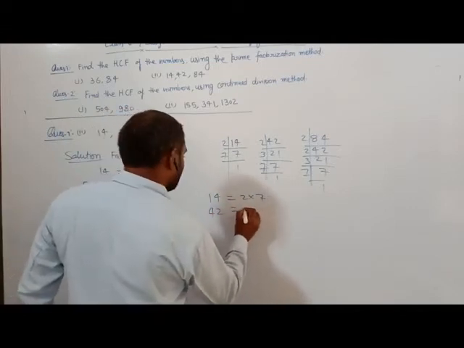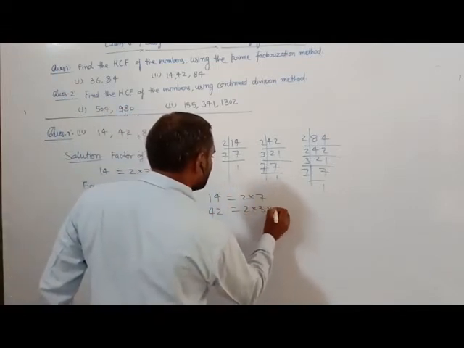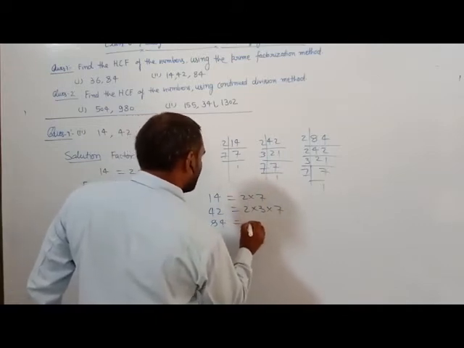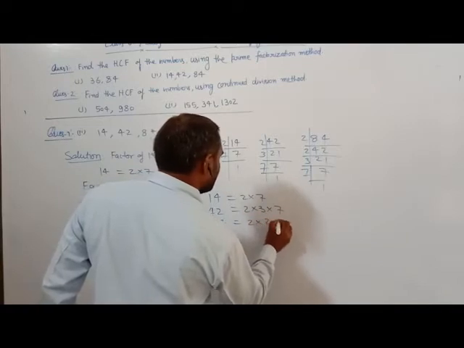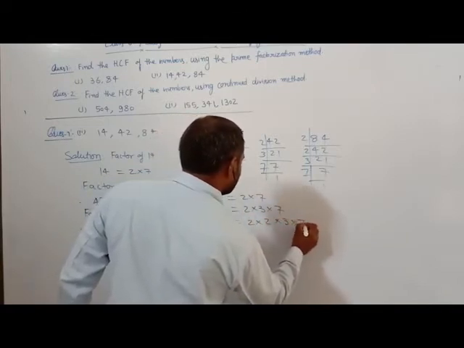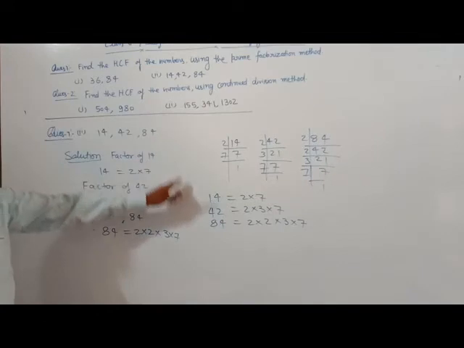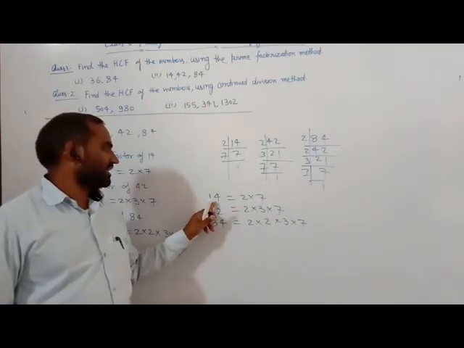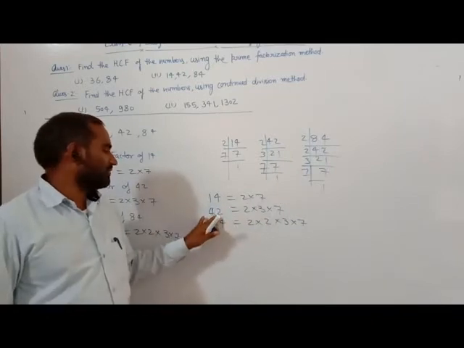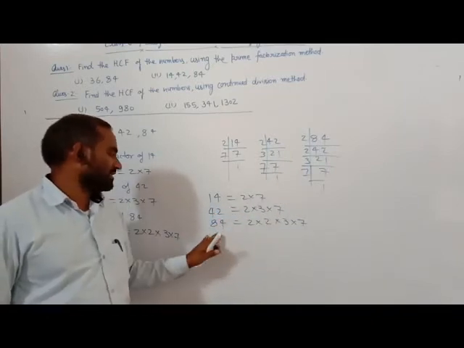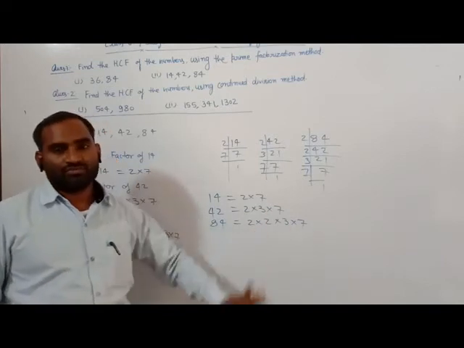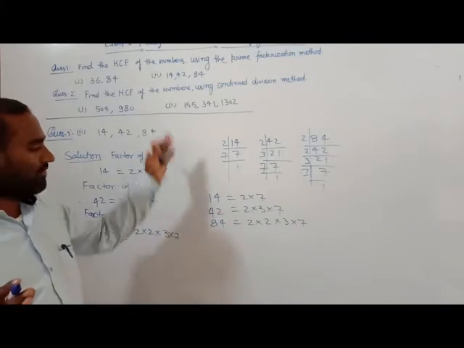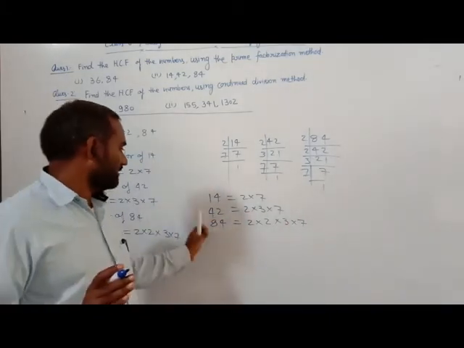42 is equal to 2 into 3 into 7. 84 is equal to 2 into 2 into 3 into 7. Here 14 can be expressed in factor form, and 42 also is expressed in factor form. 84 is this. So you have to select the common factor, the factor which is common in 14, 42